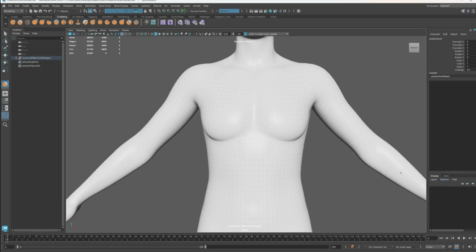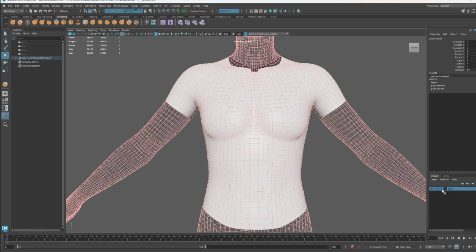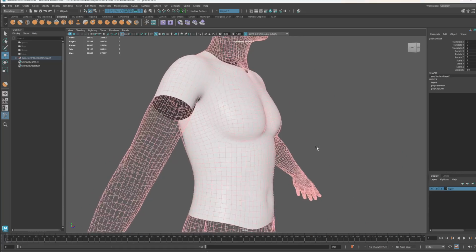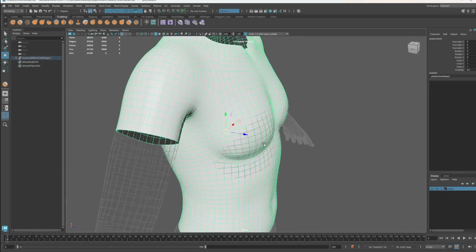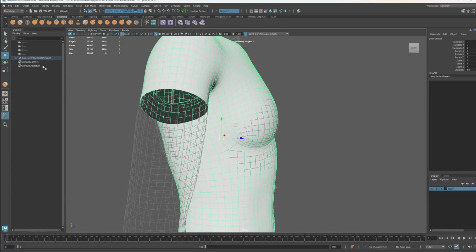Now, what you can do is take this body over here, in Blender or Maya, I think it works the same, and add it to a layer, and we're gonna make it so that you cannot pick this. Something like that. So I've taken that, and you can see it's going through there now, and that's all right.